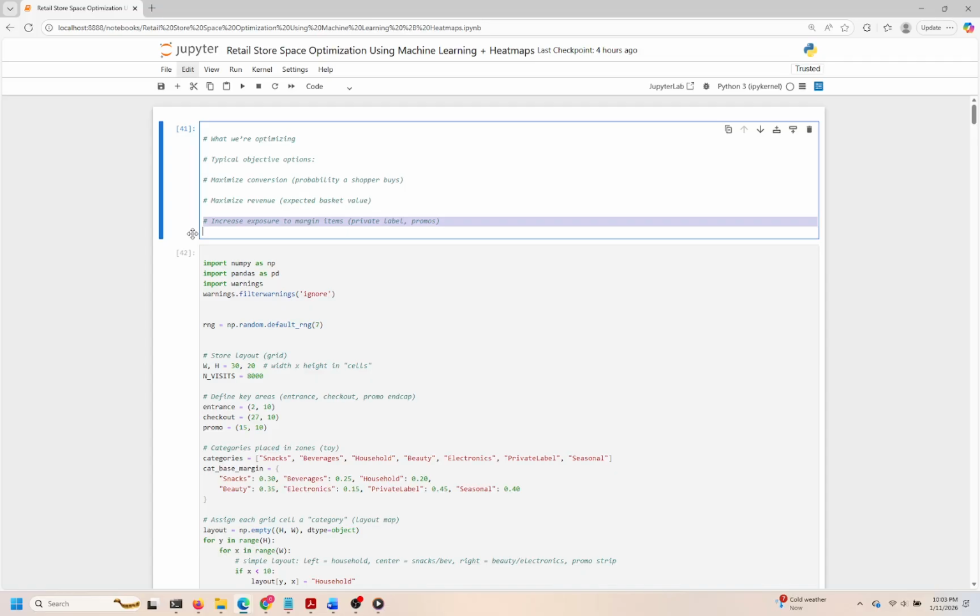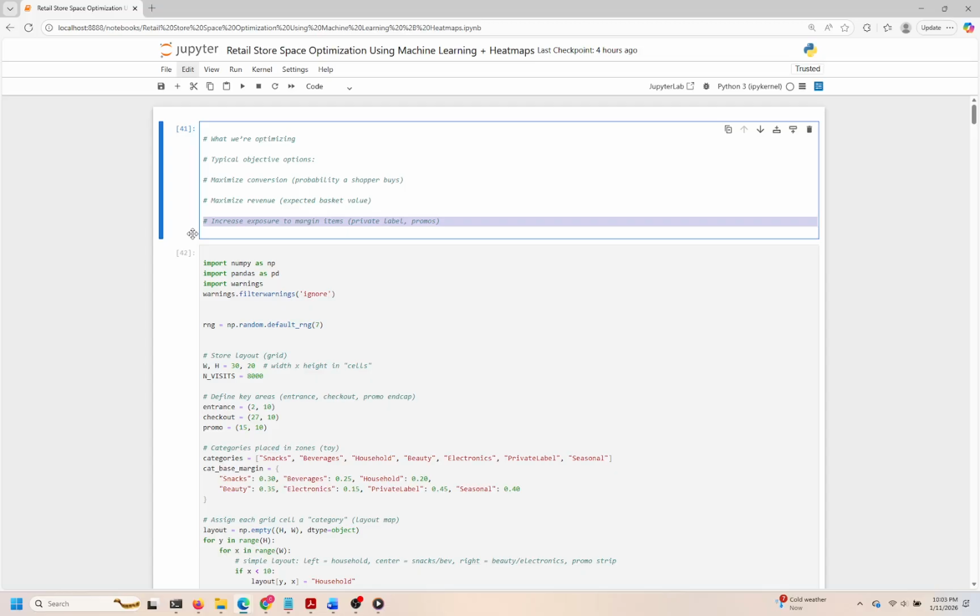As we think about these objectives, it's important to acknowledge the balance needed between them. For instance, focusing too heavily on conversions may lead to overlooked opportunities for higher revenue items. Additionally, when exposing shoppers to margin items, we must ensure it's done in a way that feels natural and appealing